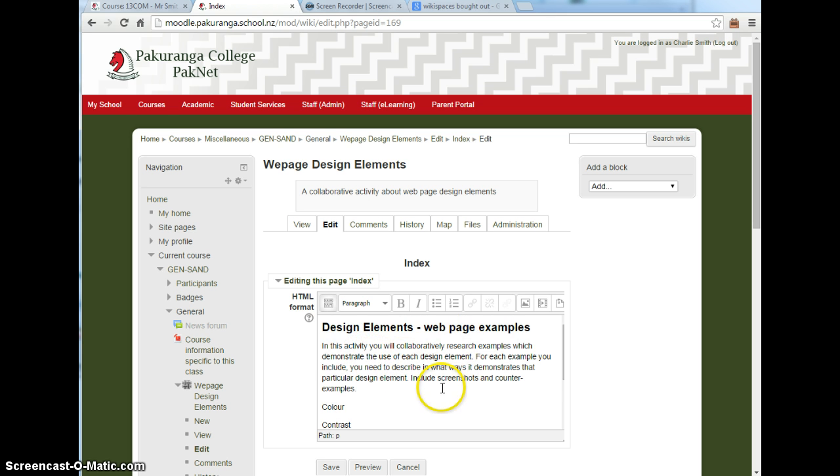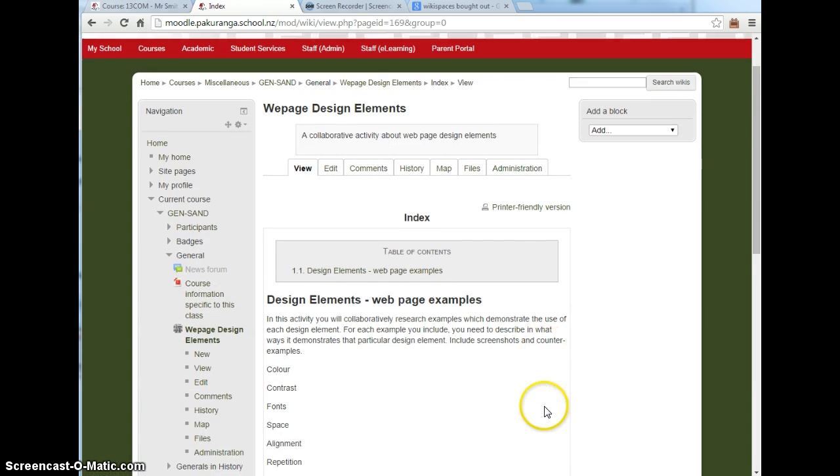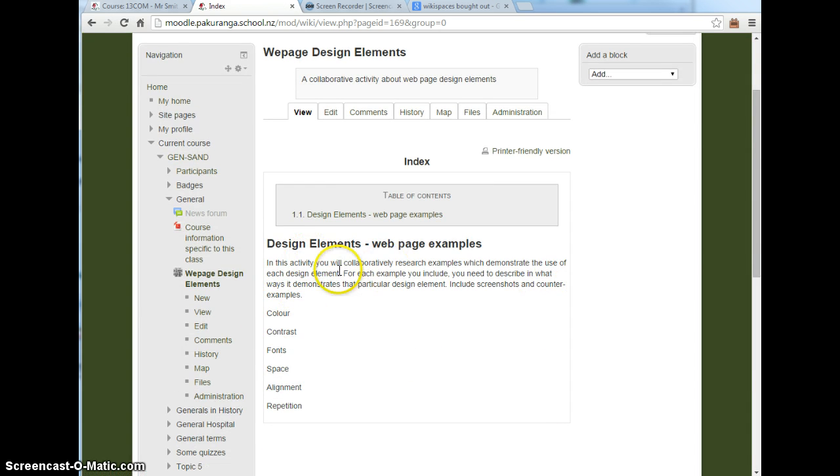And these down here are the pages that I want to create. So I've given them some instructions here. I need to include, describe in what ways it demonstrates a particular design element and so on. So I'm going to have a separate page for color, a separate page for contrast. Just have a look at how it seems so far. Yep, nothing there apart from this page so far. So I'll go into edit